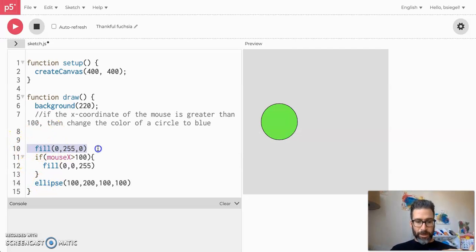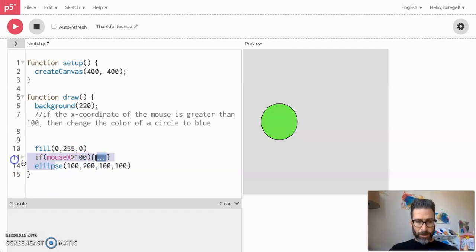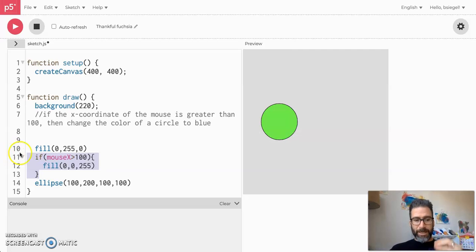It says turn this to green, and if the mouse x is greater than 100, then turn it to blue. And that's the last color it gets turned. If it's not greater than 100, it just ignores all this code. It doesn't even look at it. It says, okay, I don't care. So this only runs if mouse x is greater than 100, and it's the last color that's applied to the